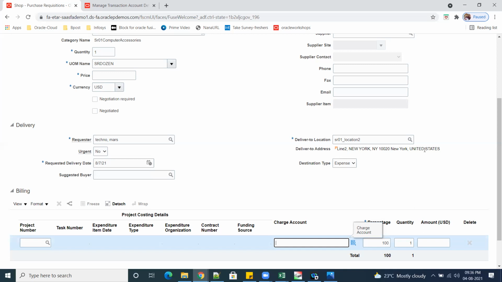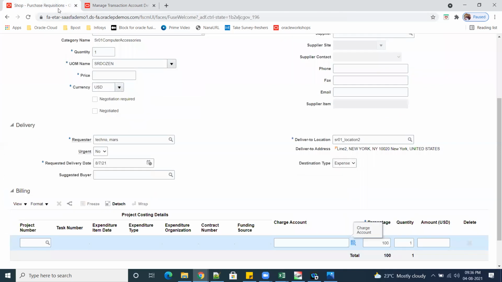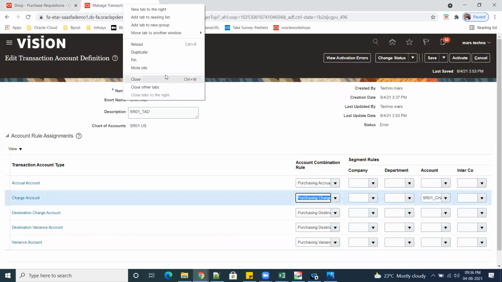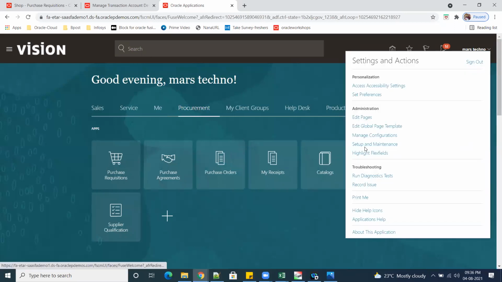That standard thing, from where does it come? Standard charge account, that is what I have here. This is the one. So if we see this, okay, acha, there you have to see the TAD, right? I think so. Maybe that is not there, I guess.